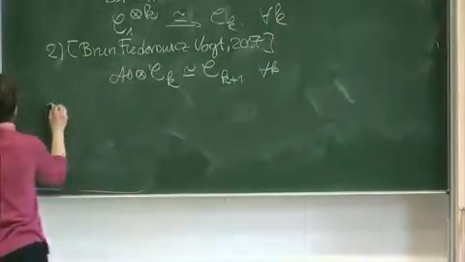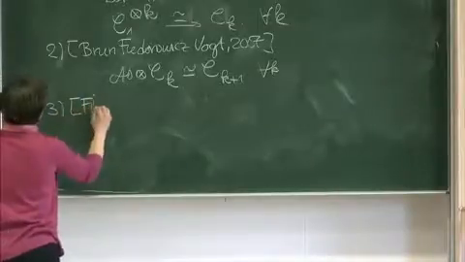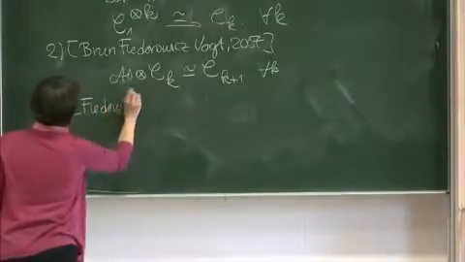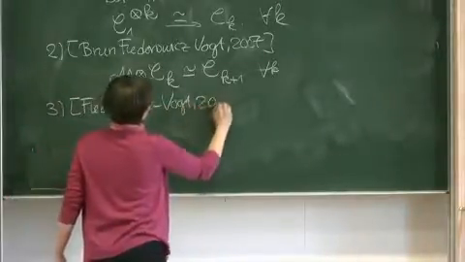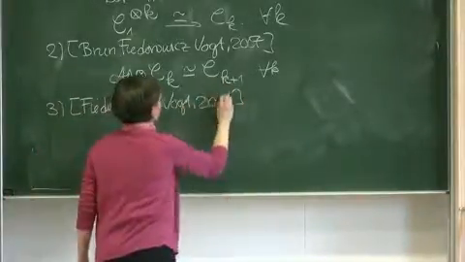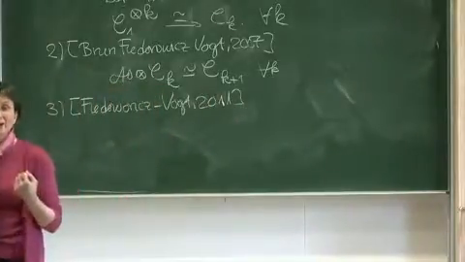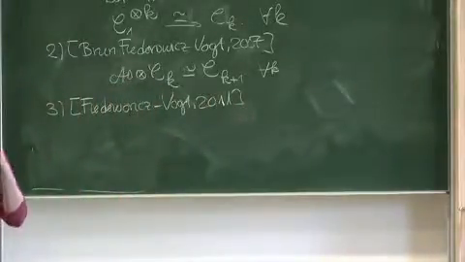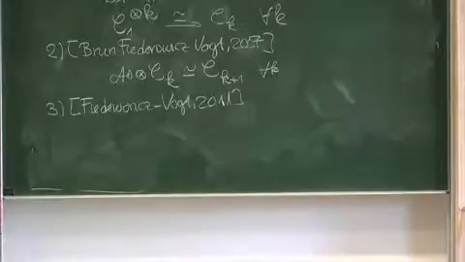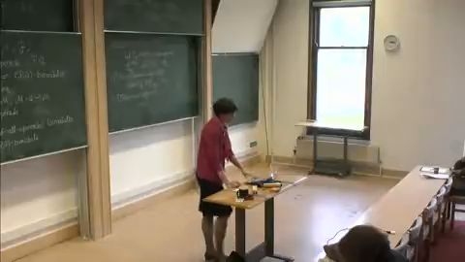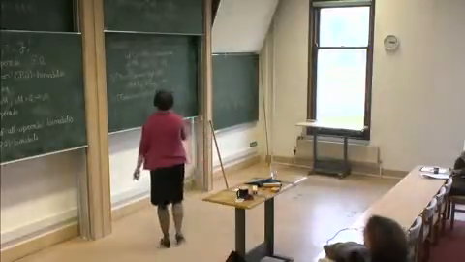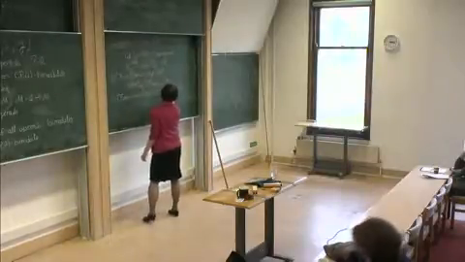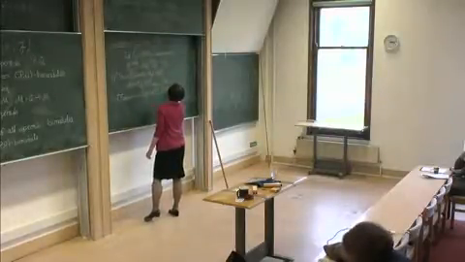And then finally, in 2011, Fiedorowicz and Vogt said that, well, let's first define what we mean by an En operad. An En operad in this context is going to be any operad that is weakly equivalent to the n cubes operad. So what they showed is that if I have Em and En,